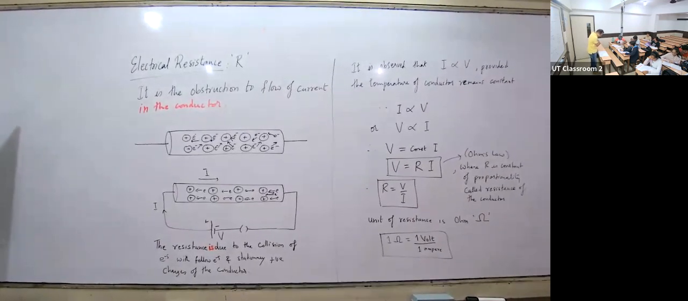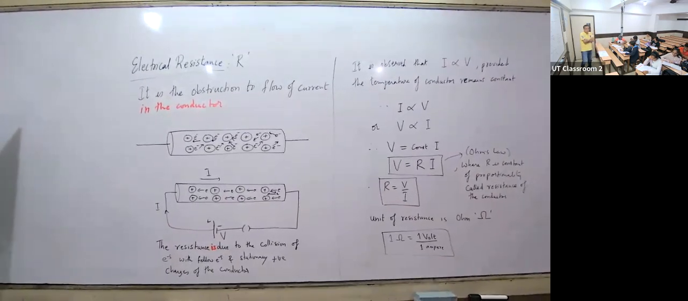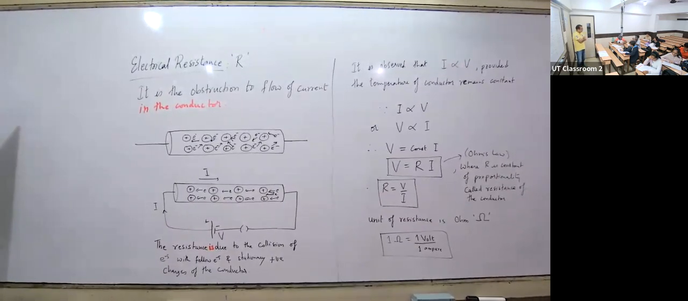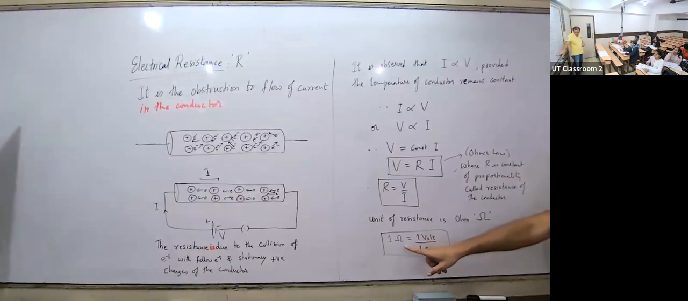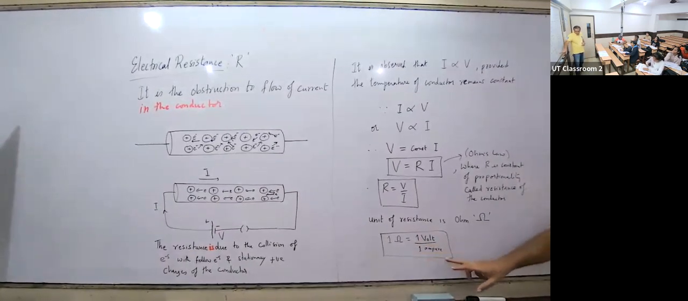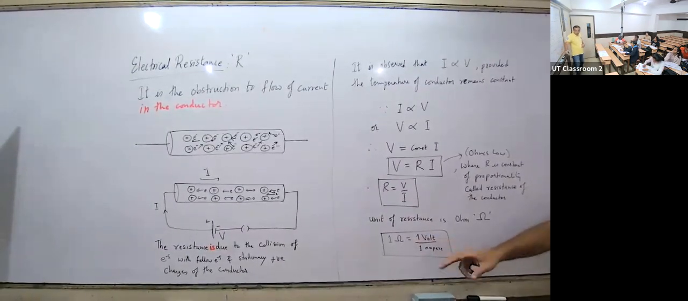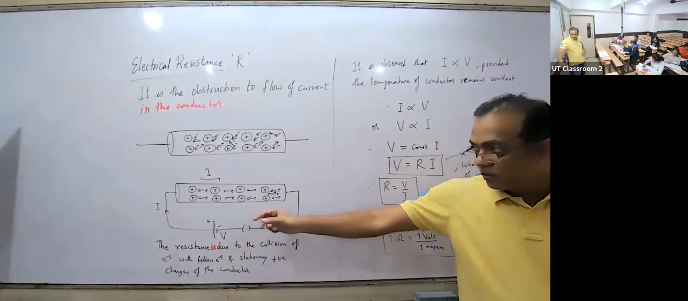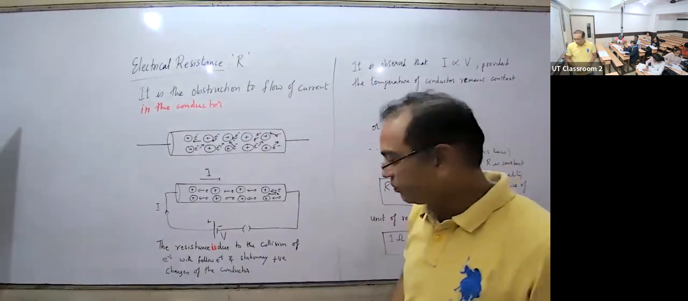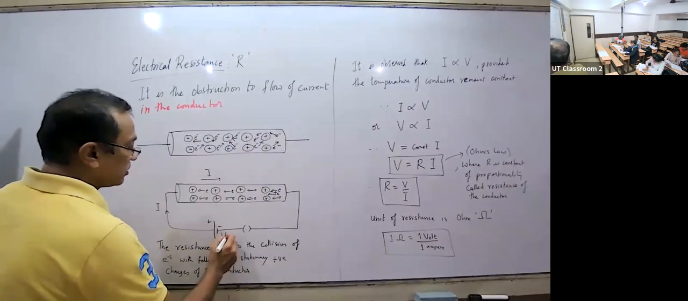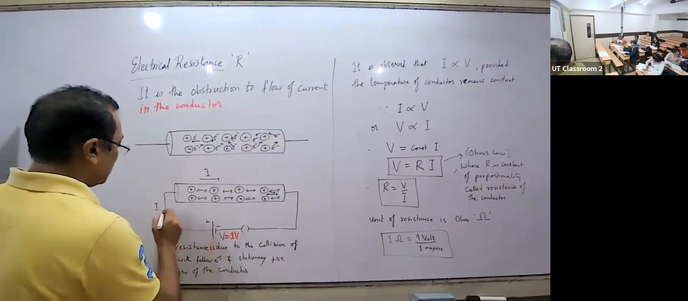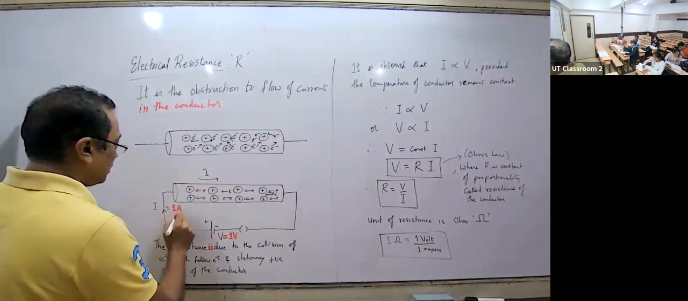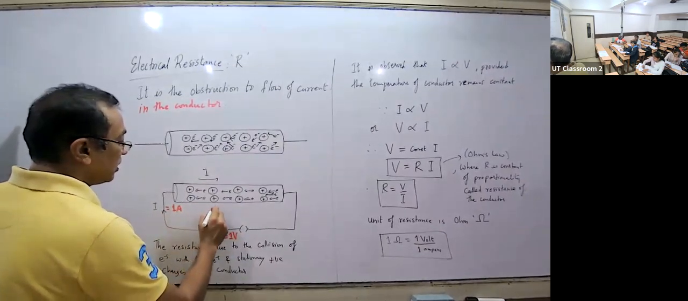The resistance of a conductor is said to be 1 ohm if a current of 1 ampere flows through it when the potential difference across it is 1 volt. So mathematically we write it like this. What is 1 ohm resistance? When 1 ampere current flows through the conductor after the application of 1 volt potential difference across it, then we say the resistance of the conductor is 1 ohm. Right? So if this was 1 volt and this was 1 ampere,